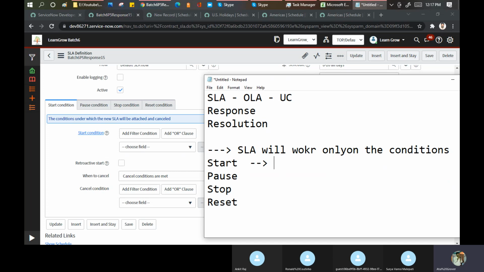As soon as you do the payment of any product, you get a message that your order will be delivered in 5 days. Your SLA will start. Or if you add any product in the cart, your SLA will start. In these two scenarios, when will the SLA start, when you do the payment or when you add the product in the cart?